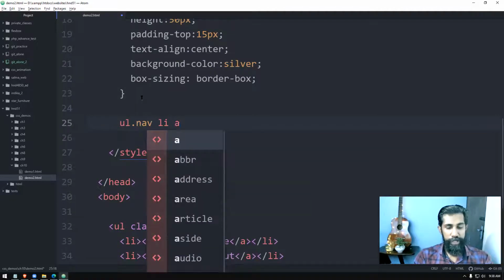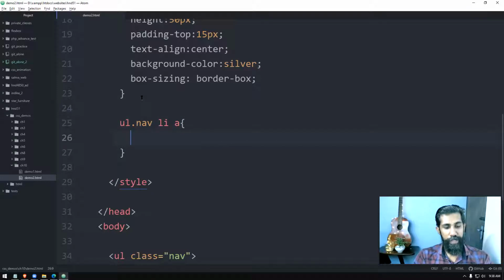Inside that, if there is a link, okay. Now let me teach you something called pseudo classes. You know what pseudo classes are, right?